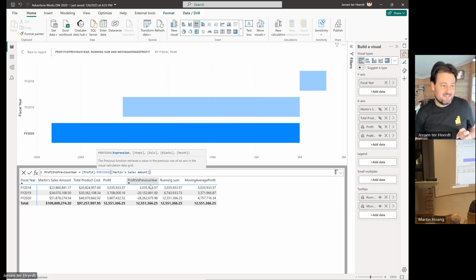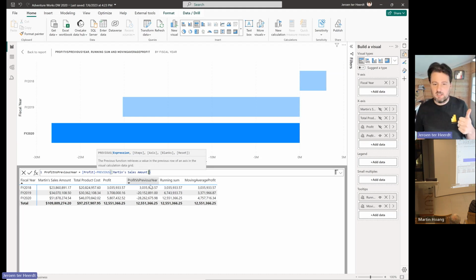So the answer is visual calcs are confined to the visual. So for you to use the same calculation over and over again on the visual, you would have to copy paste them to the visual, which is not great. I recognize that. So there's two alternative ways of working with this that we're thinking about and slowly building towards,